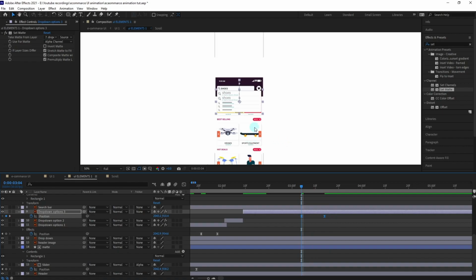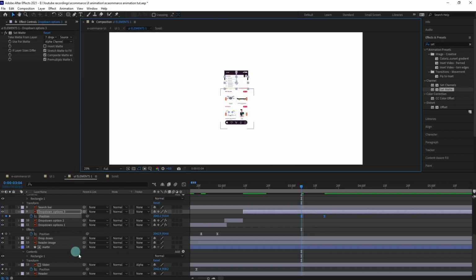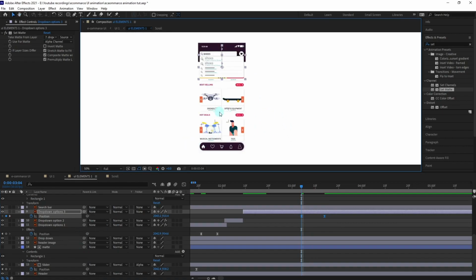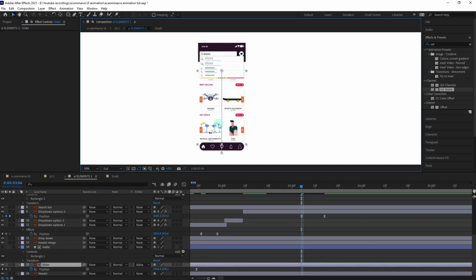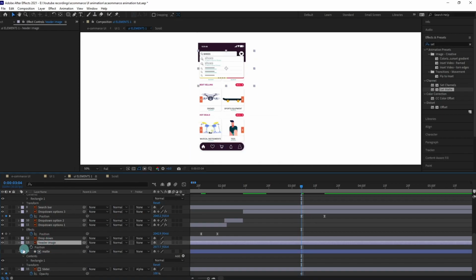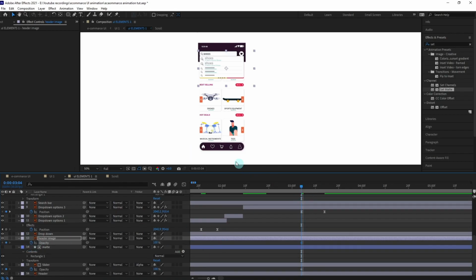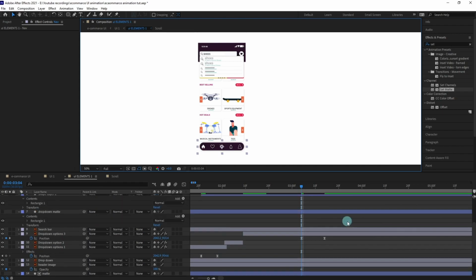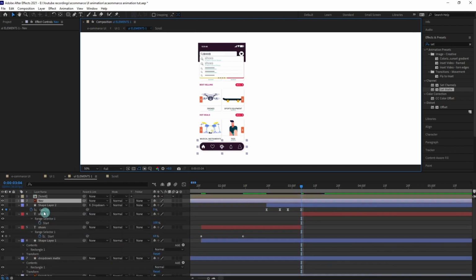So at this point, this whole page will also just vanish and the next page will come. So at this point, I'm going to put a keyframe on the position, on the opacity as well, and same for this header image as well. Put a keyframe and put a keyframe on the opacity as well. And let's put a keyframe on this navigation bar